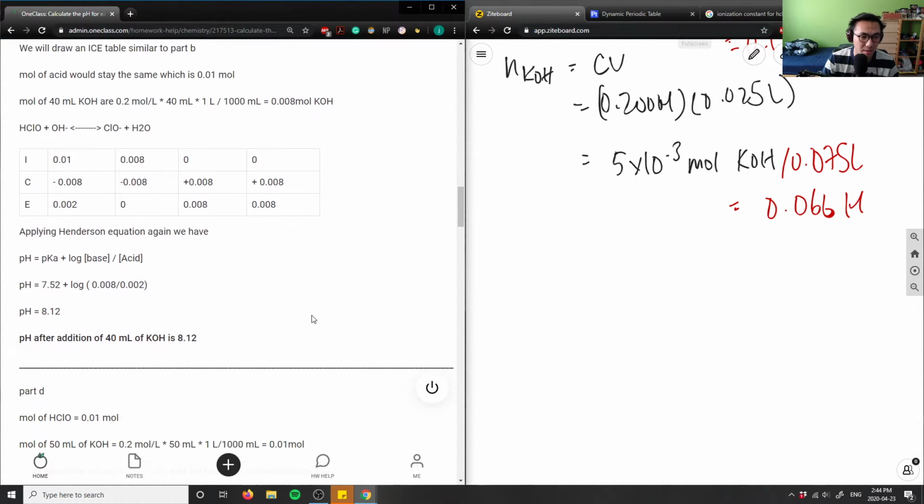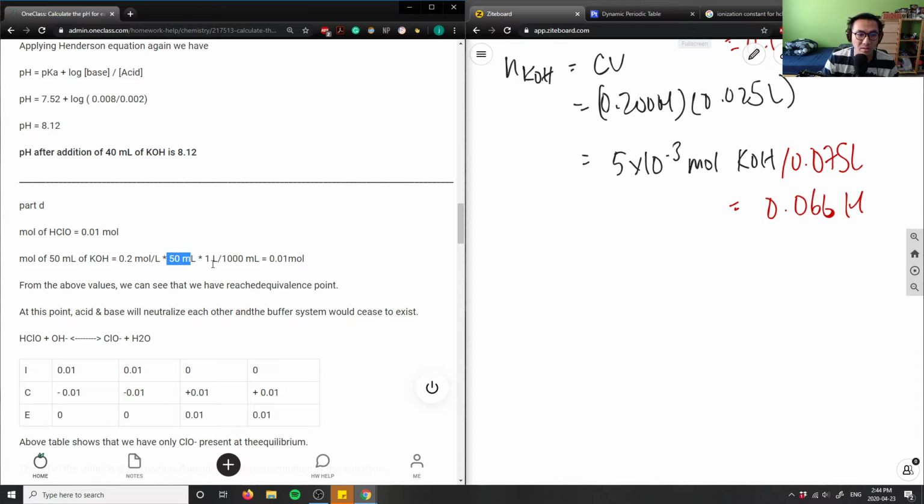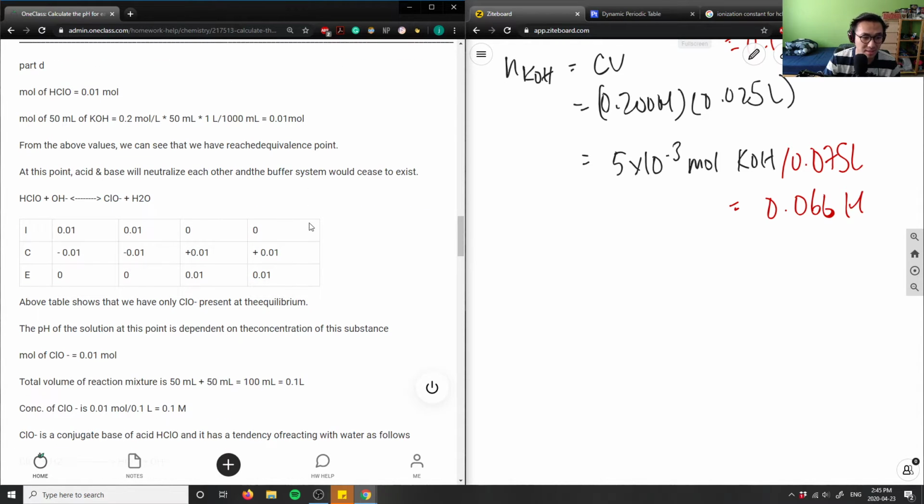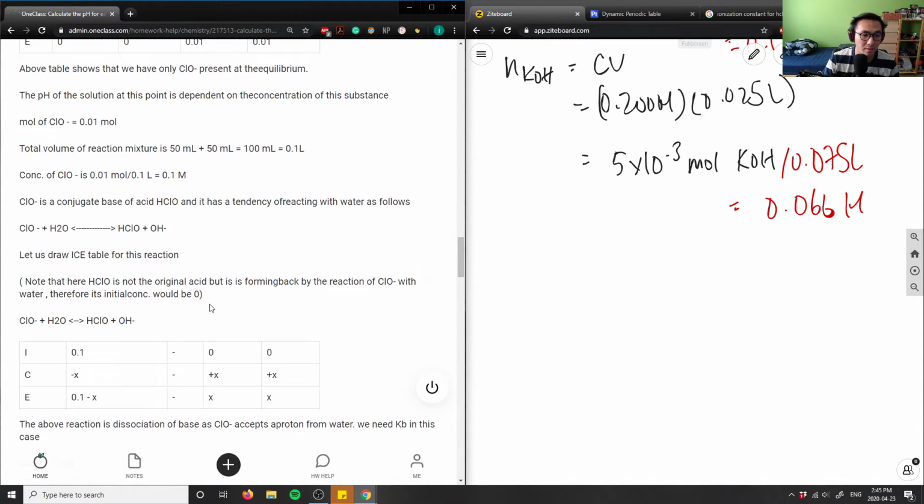Yeah, the math checks out here. And then D here is you add 50 milliliters, you do the exact same thing, and you realize that in this case, you have reached the equivalence point. Moles of acid equals moles of base. Therefore, you have 0 and 0 in terms of your initial acid and base, which means you only have your products here. So in this case, your pH would be